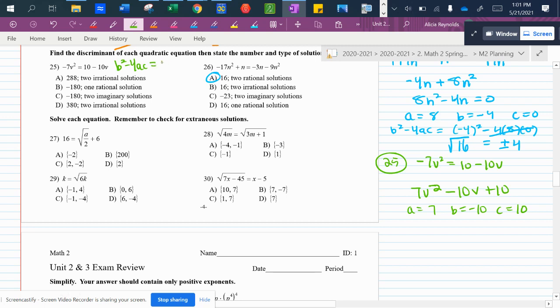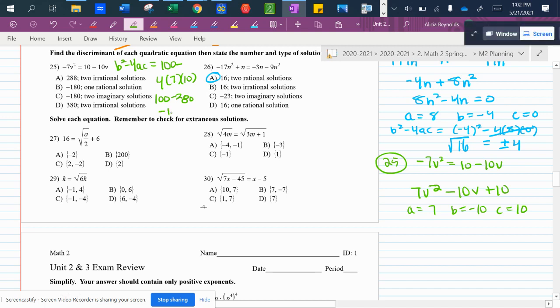So b squared is going to be 100 minus 4ac, 4 times 7 times 10. 4 times 7 times 10 is 280. Just kidding. Wait, no. Hold on. 4 times 7 times 10. Yes, 280. So 100 minus 280 is going to be